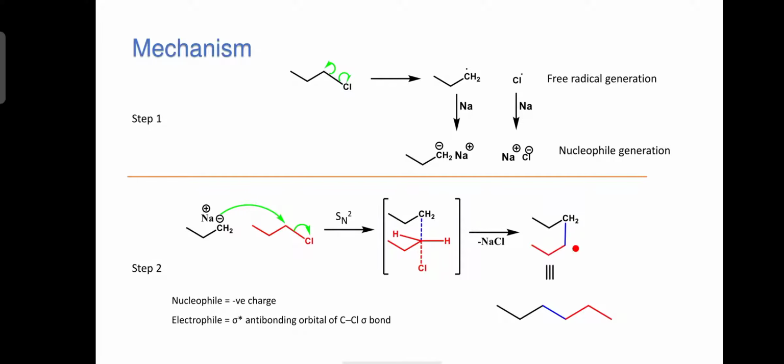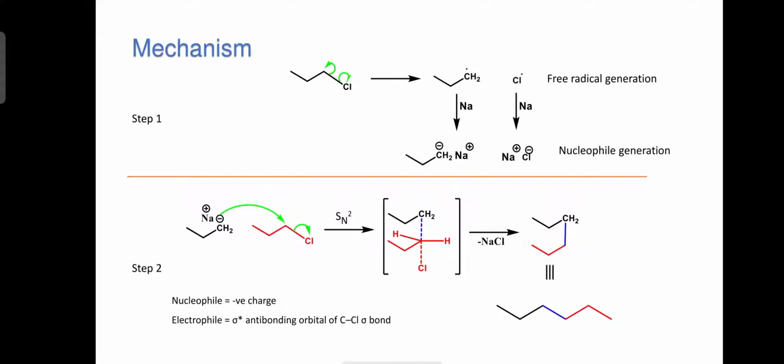It is understood that two hydrogen atoms are present here, and one new sigma bond will form, and the overall structure we can represent like this. So here two propyl iodide molecules react together. One propyl iodide is black colored here, and one propyl iodide is red colored here, and both the chloro groups are removed, and these two molecules will join together through this carbon atom, the carbon atom which is containing this chloro group. So through these carbon atoms, these molecules will couple together, and the formation of hexane will take place.